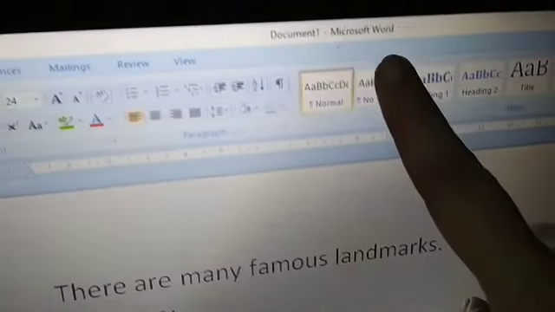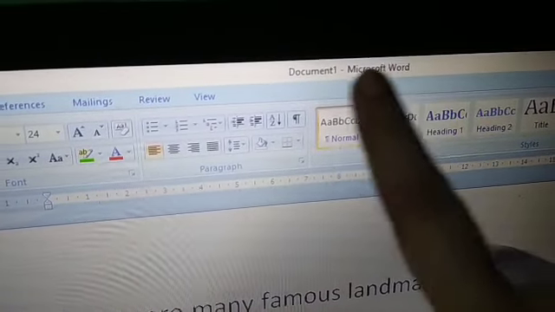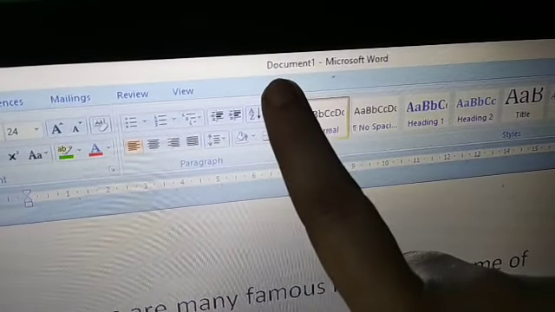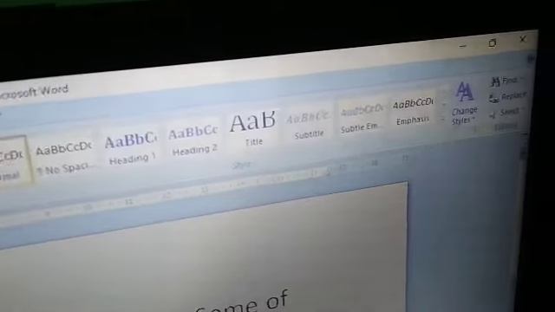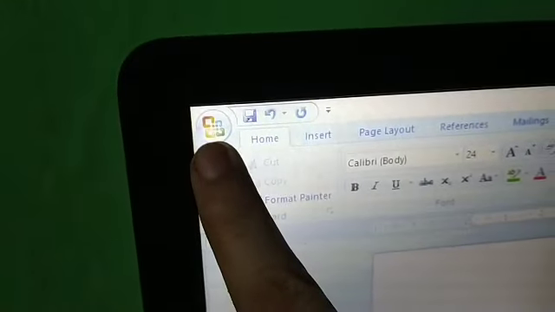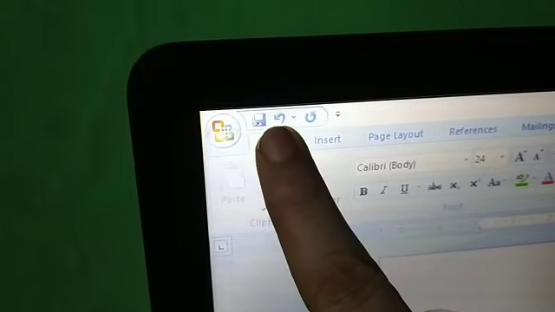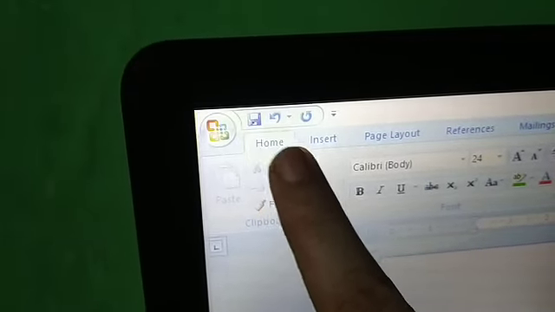This is title bar, showing you the application name, Microsoft Word, and document name, document 1. These are close button, minimize button, and restore button. And on the left side I have office button, but in your computer it is the file tab. This is quick access toolbar.